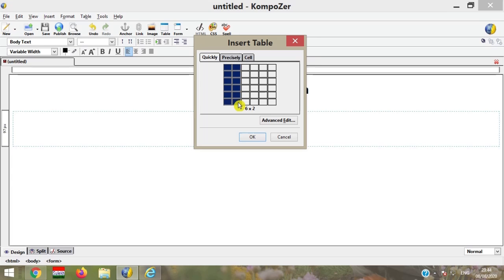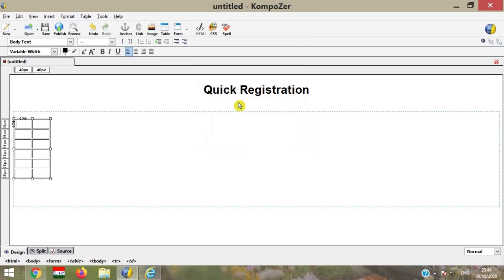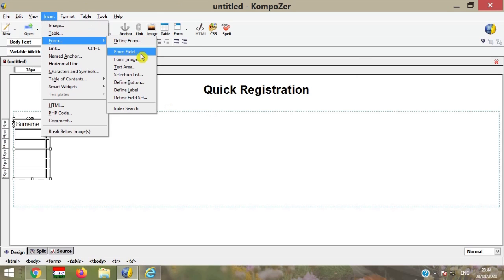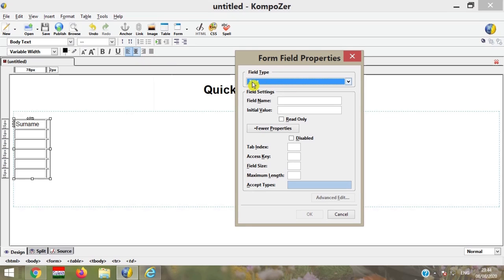After inserting a table, you can insert or delete rows and columns as per your requirement. So first of all, surname in the next cell, and then insert form and then form field.